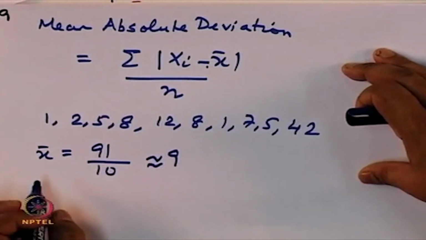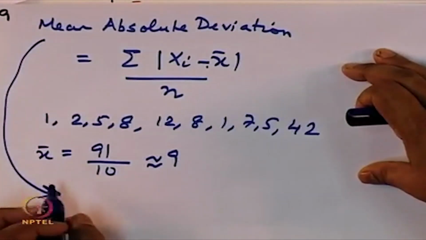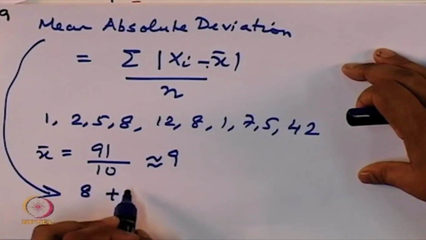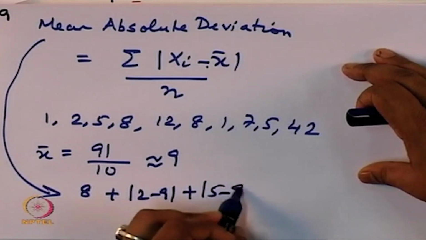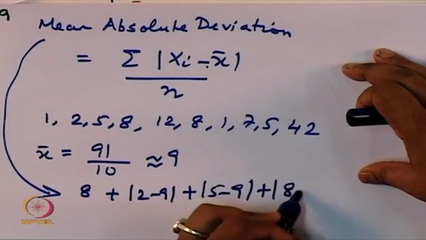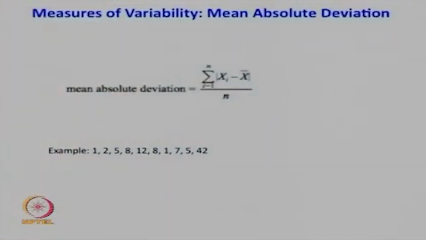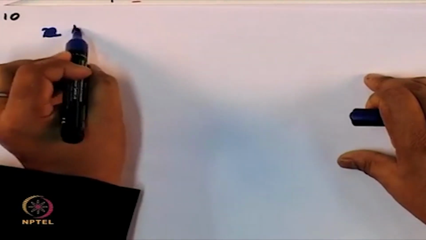So, my mean absolute deviation is nothing. This value becomes 8, which is plus 2 minus 9, mod of 2 minus 9 is 7, plus mod of 5 minus 9, plus mod of 8 minus 9, and so on and so forth. So, I can calculate this exact value as x bar as mean absolute deviation